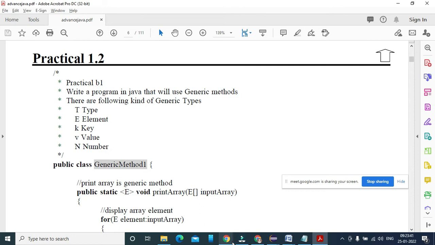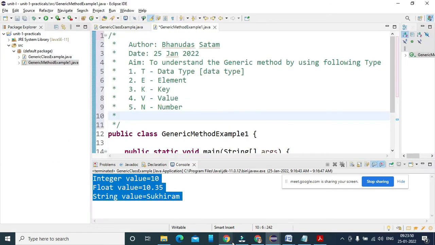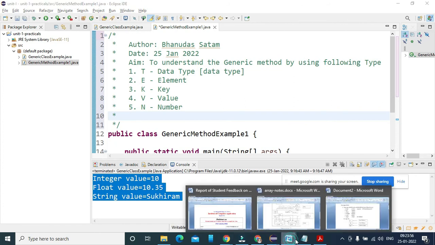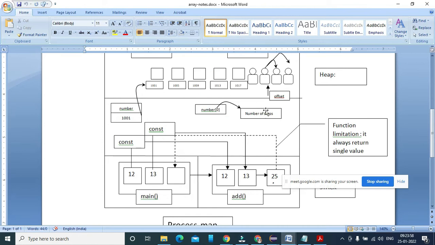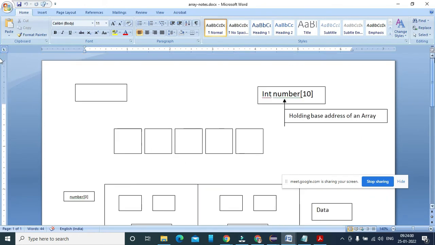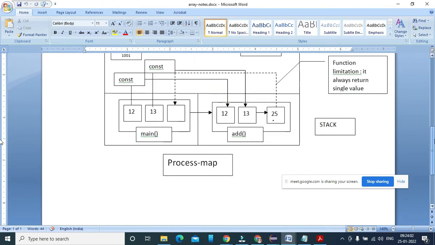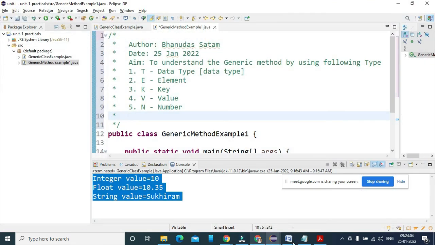When you are talking about generic methods, let me introduce this. Before that, there are two kinds of variables here. We already learned the class type and the array type.